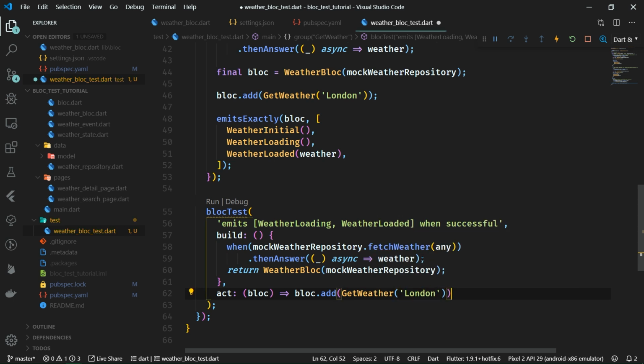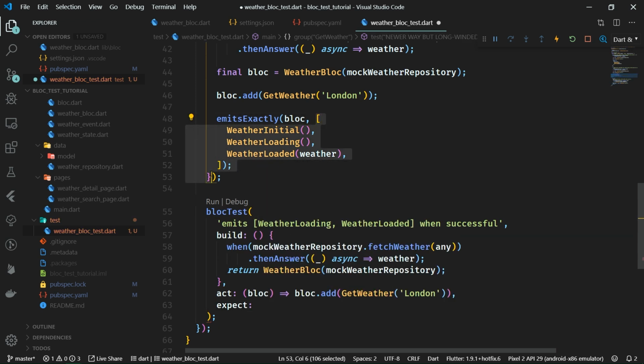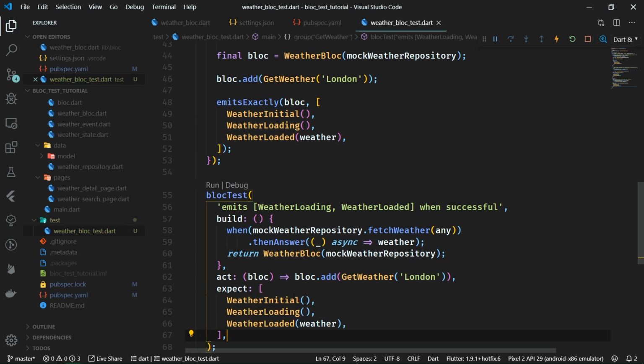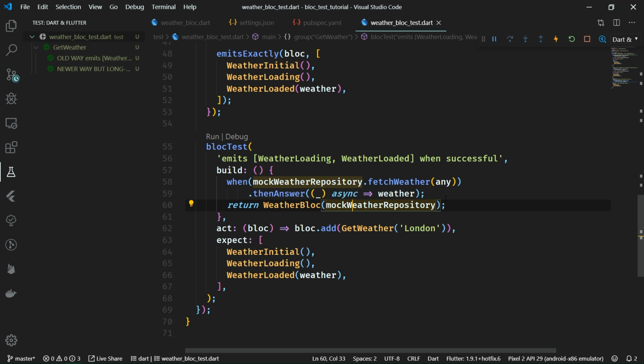All right. And the last thing over here is expect. This is, as usual, going to be an iterable. So we can just copy this, our trusted iterable here, which contains weather initial, weather loading, and weather loaded. So now when we run this, it's going to again pass, but it's written in a completely terse and much